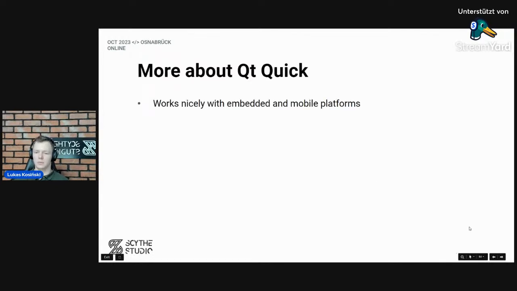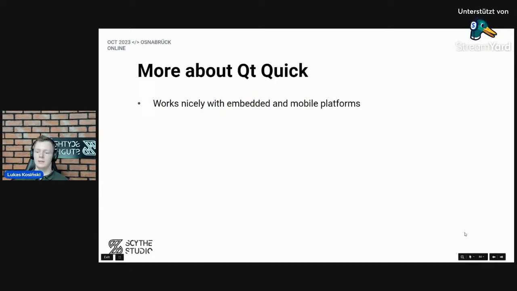So going further, some more details about Qt Quick. The module was designed in a way that its creators thought about embedded and mobile platforms and meeting the standards of modern UI.